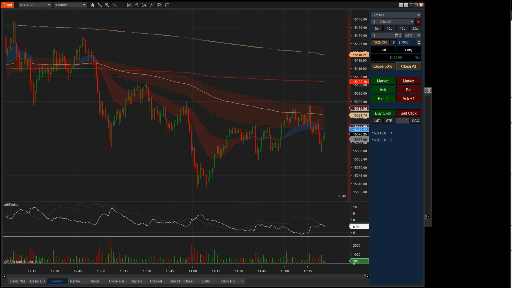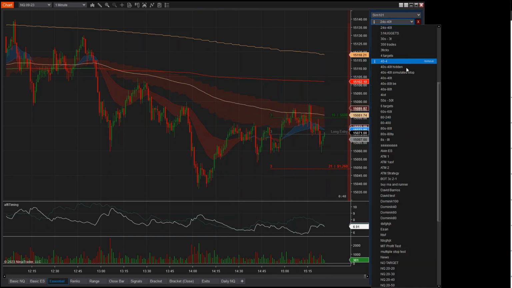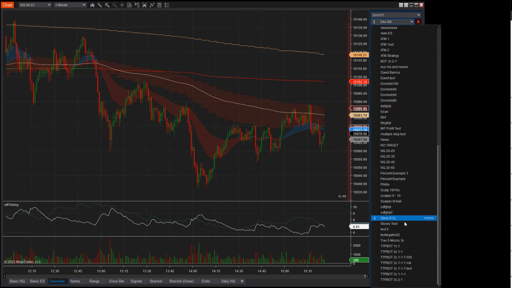All right, so this here now is the essential chart trader tools. Position sizing, not something I personally do yet, so I won't spend a lot of time on this, but the essential chart trader tools does include position sizing, also includes the ability to close targets. So I'll just show you this real quick.